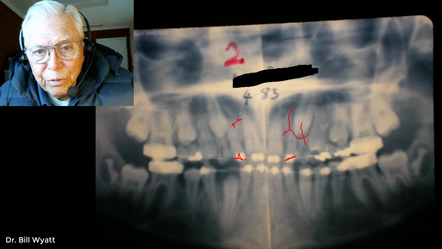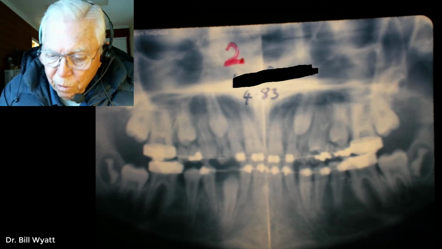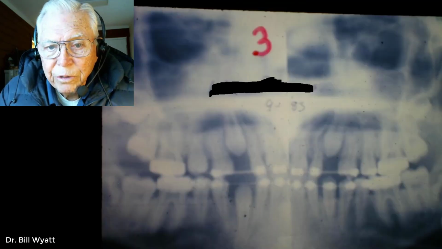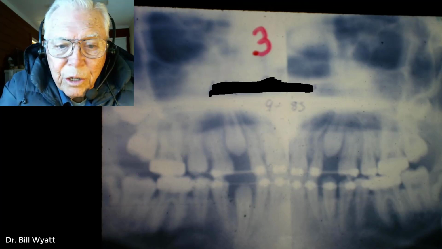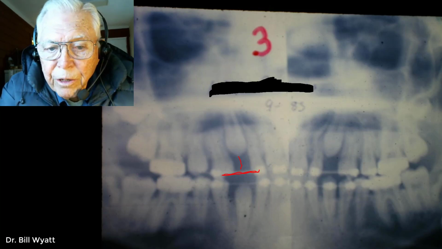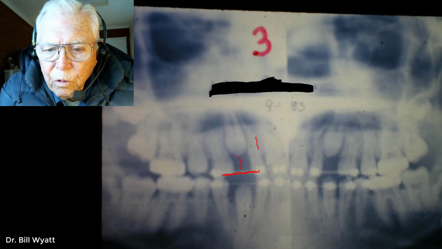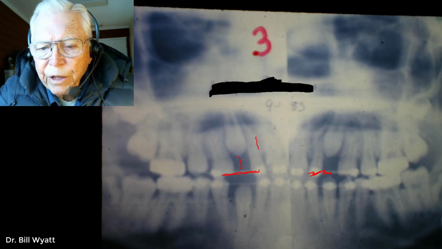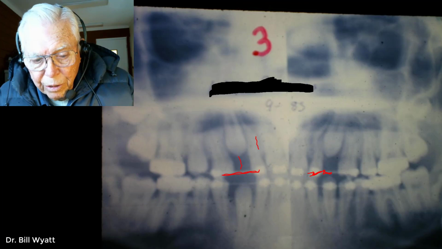So let's move on. This is 1983, and we've gotten these laterals lined up. I mean, they're okay now. All right, let's go. And this is 9 of 83, which I believe is about 6 months later, and we've got this cuspid coming down real good now, and it's got a spring opening the gap right here for it. And this lateral root is just damaged to some extent, and this one will be too. And we'll open this, and I really wish I had put this tip. You know, you just come along with the arch wire, and you can use a little flexible wire and put tip in,